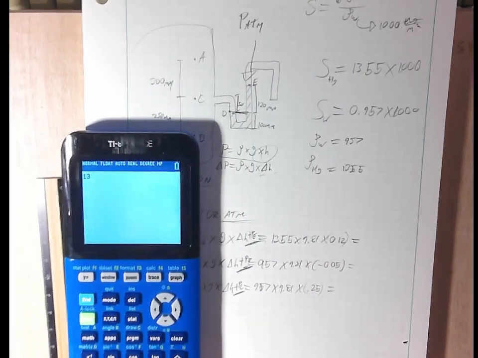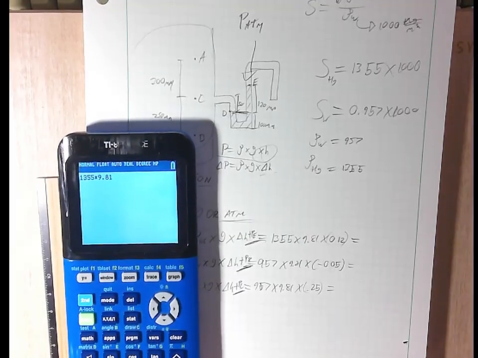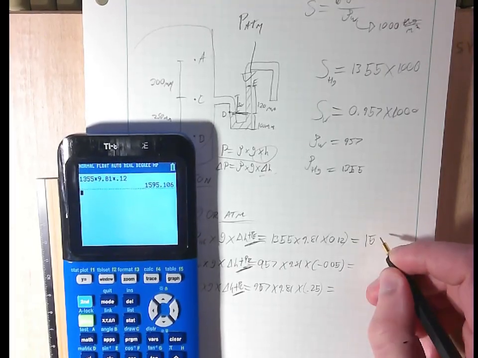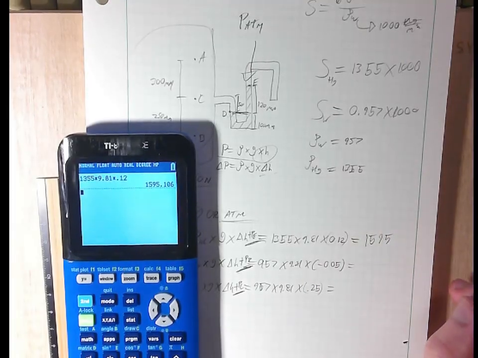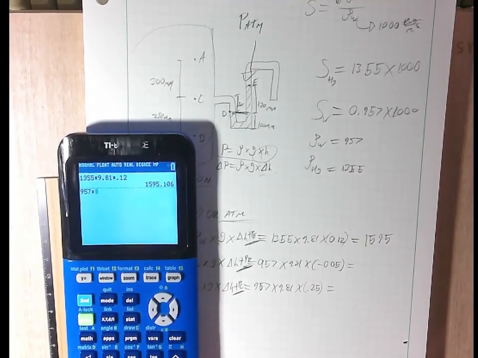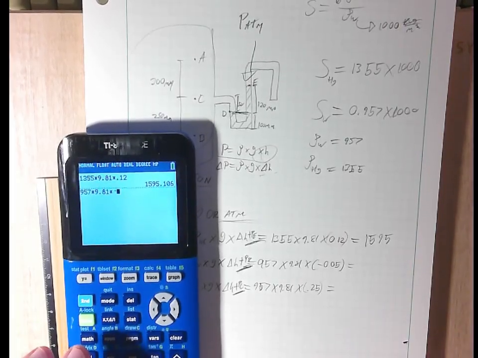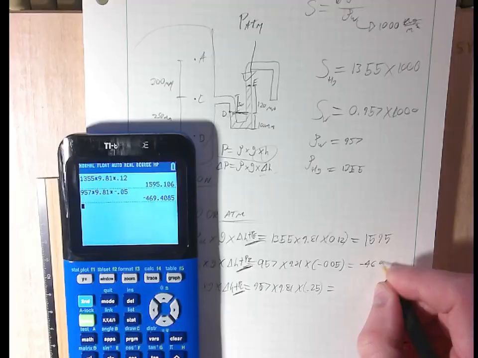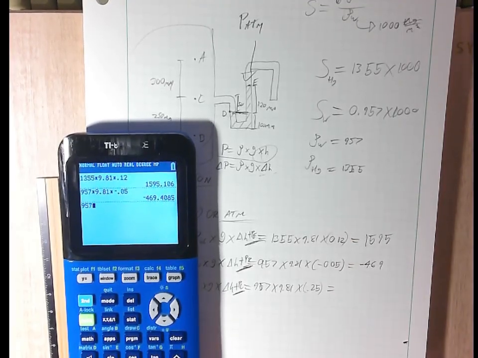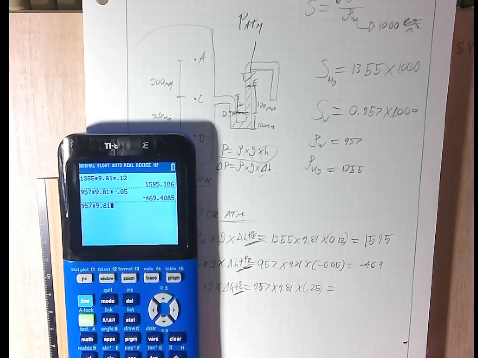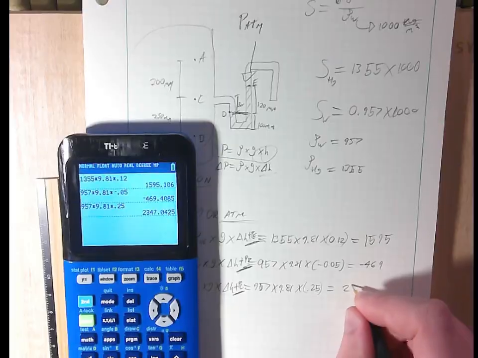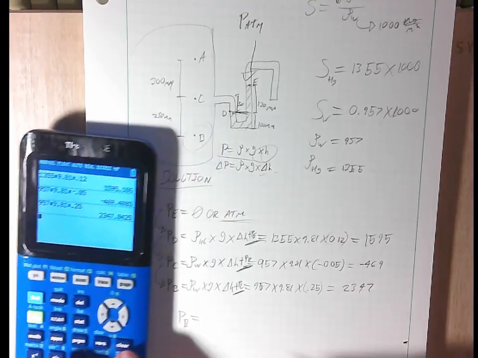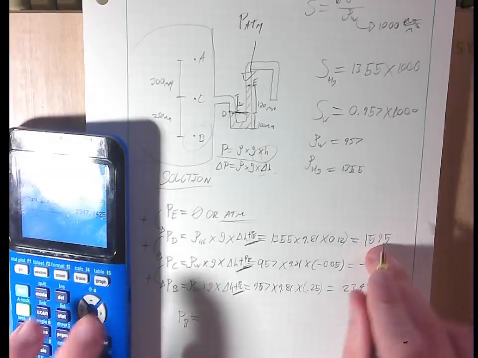So this is 13,555 times 9.81 times 0.12. This is 1595. Now our 957 times 9.81 times our negative 0.05. This is going to be negative 469. And then we have 957 times 9.81 times 0.25. This is 2347. Okay. So now when we add these up, remember this is going to be